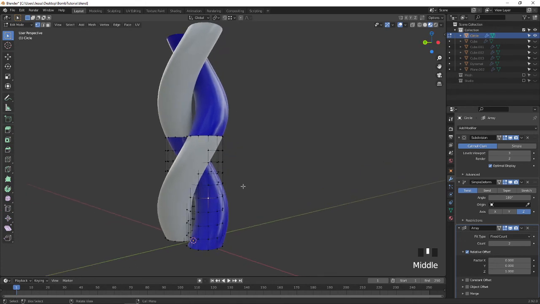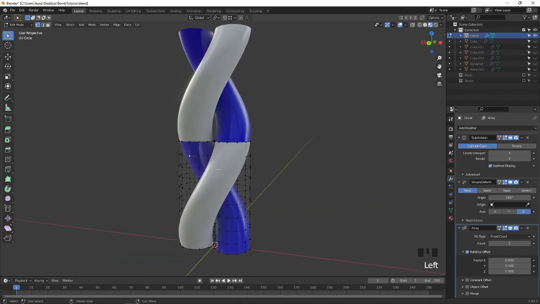Okay, right, select this and move this one.